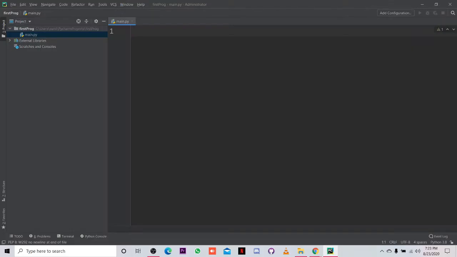Now we will write our first code, which is basically print hello world, which you have already seen in your command prompt or PowerShell. I will show you here also, and in your terminal or your PowerShell or your command prompt. Okay, both. Print hello